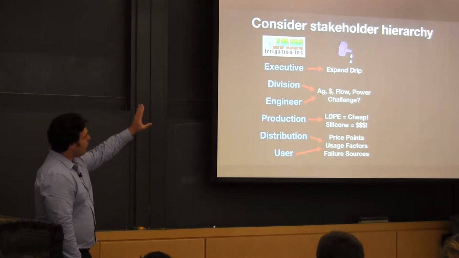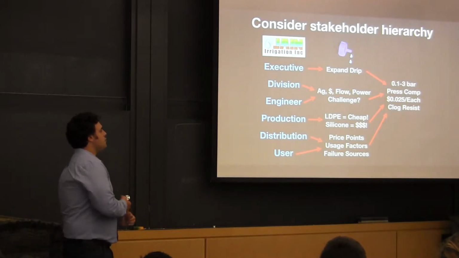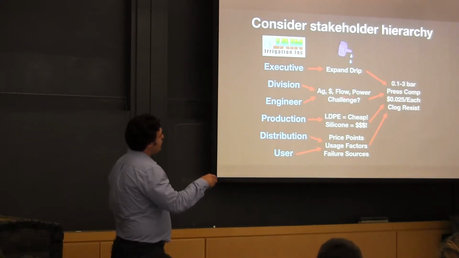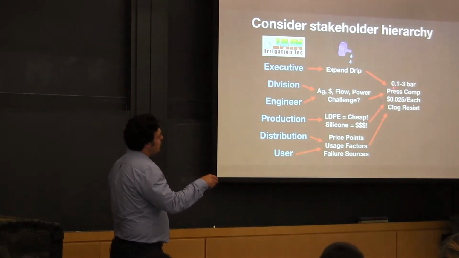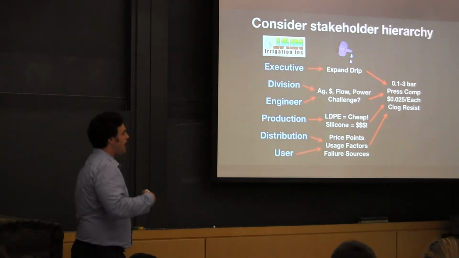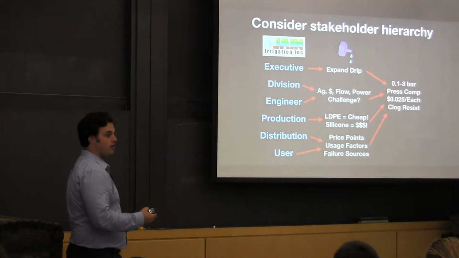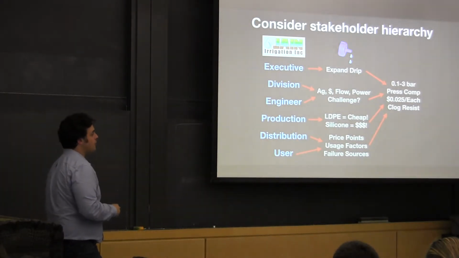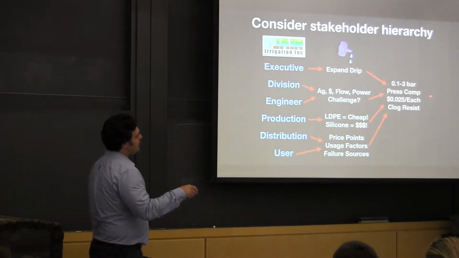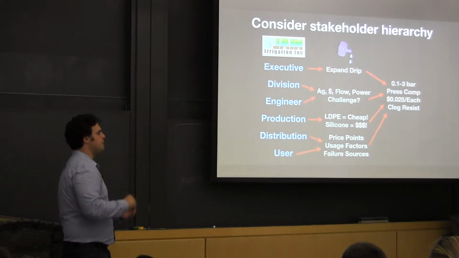So it was really only through combining all the viewpoints of this hierarchy that we were able to understand that if we could drop the pumping pressure down to 0.1 bar, we cut the pumping power by 10 times and cut the cost by 10 times, and we could make a $300 system for 1 acre, which would right now cost $3,000 to $5,000. To do that, we knew we needed a pressure compensated solution. And what that means is a dripper that can experience a variety of pressures but maintain a constant flow rate.